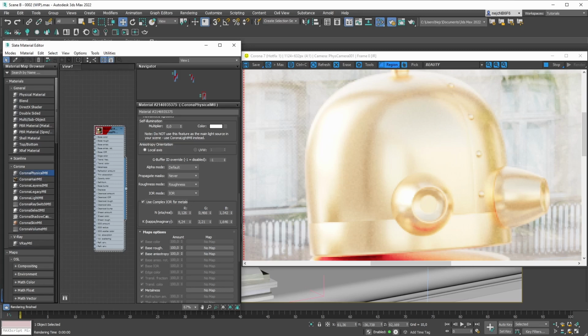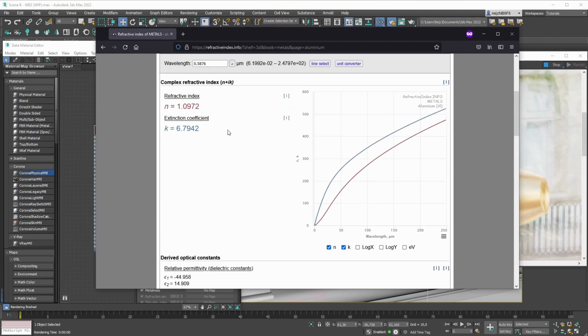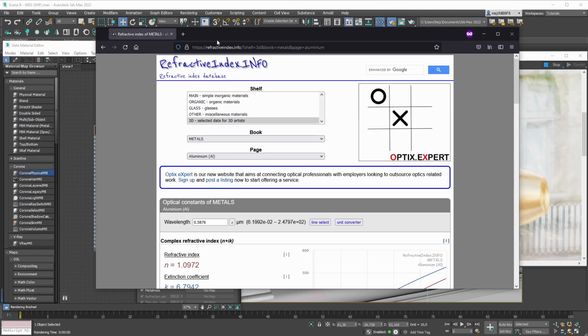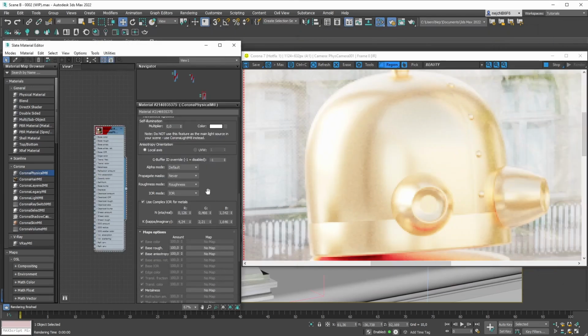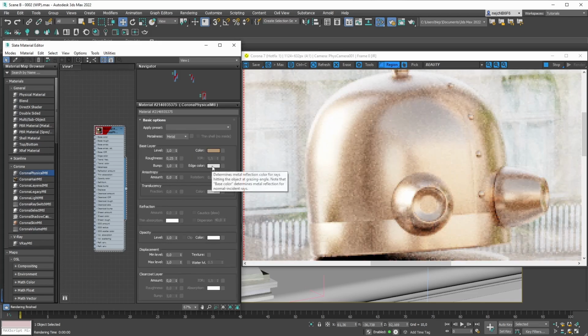And you can actually get them from websites such as refractiveindex.info, right, or similar websites. But this is a really complex way of defining that complex IOR for metals, and the visual differences are really, really negligible. So we'd really recommend you to stick to the edge color parameter in here, just because the